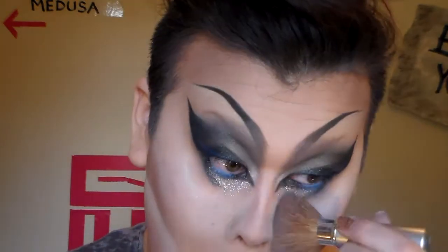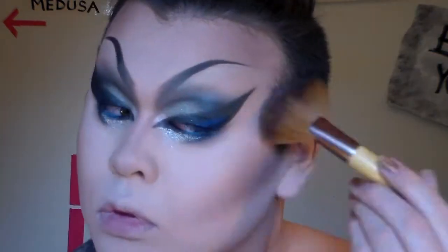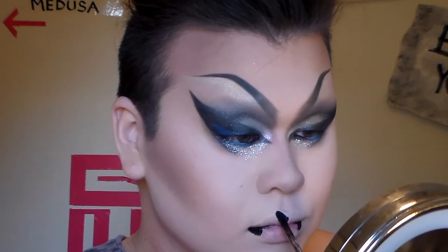I then dusted off all of that excess powder, highlighted again with that NYX highlighter in Ritualistic, and went into the lips. I started off by basically lining this pointy, exaggerated lip with a black liquid lipstick, and I kind